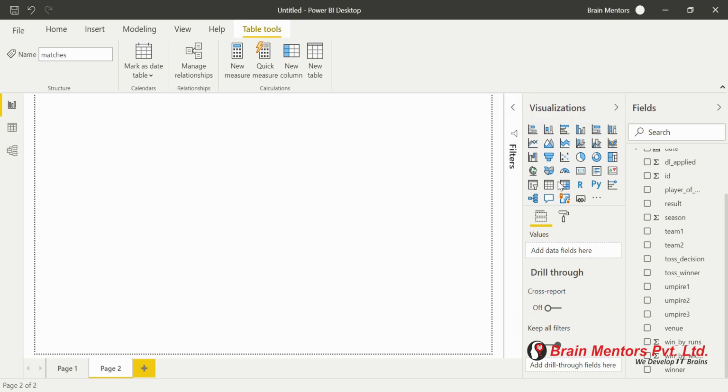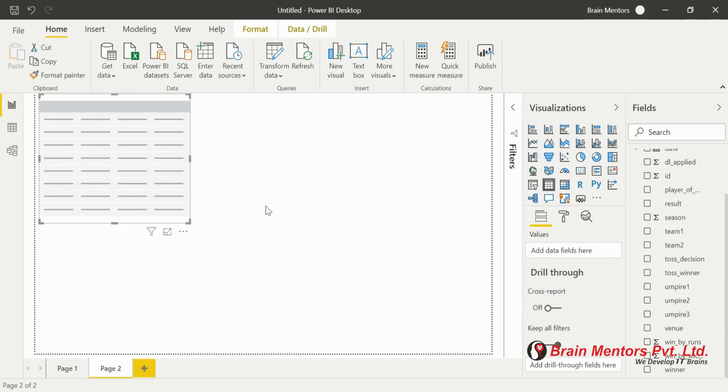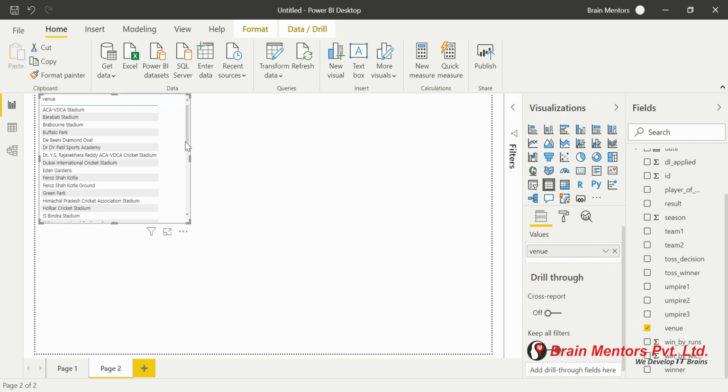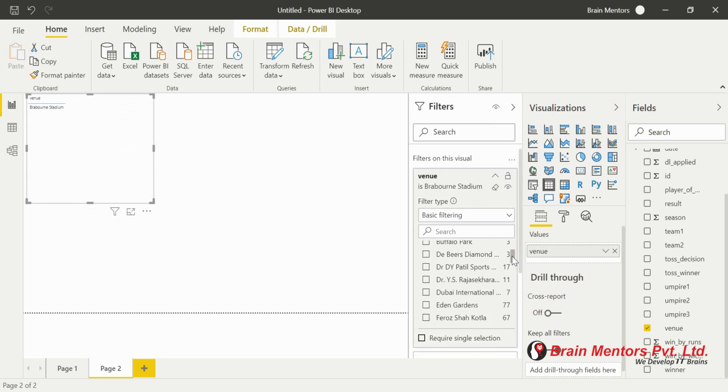First we'll create, let's say, a table. It will create a dummy table here. Now in this table, I want to put some values. Let's drag and drop the venue. It will show all the venues available to you, but it is not showing the count of venues, like on which venue the matches were played the most. It is showing you what venues are available. In the filter area, I can see the number of matches played in each venue, but on the table, it is not displaying it. I can just pick only a few of those stadiums that I want to see.